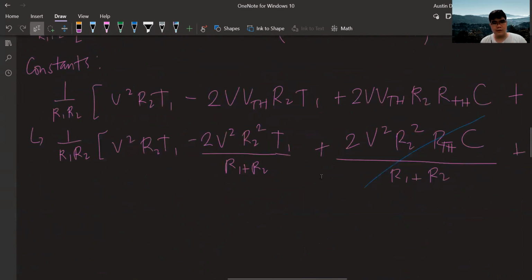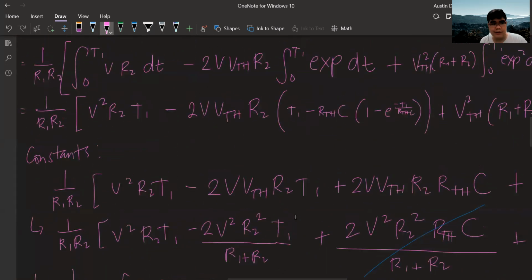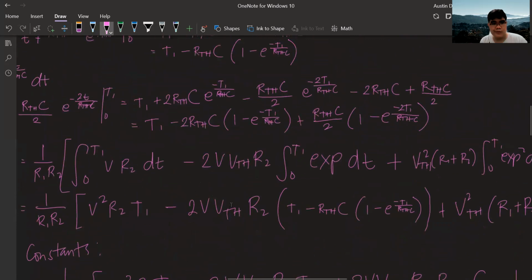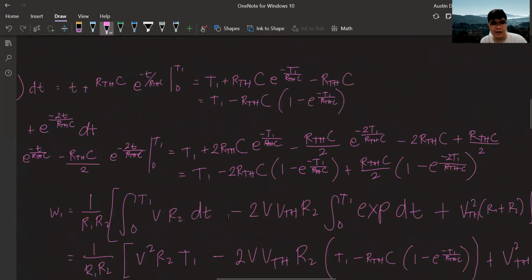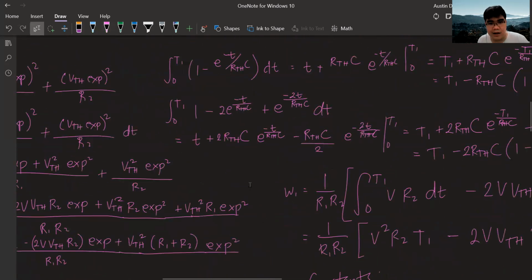Okay, so this becomes 1 over R1. Haba naman ito. V squared R2 V1 minus isa na lang to. Let me just double check this. Talagang 2 ano siya, 2V. Kasi expand lang natin yung